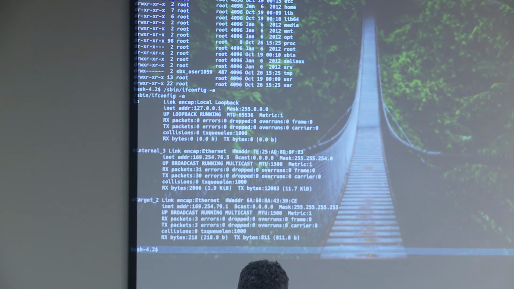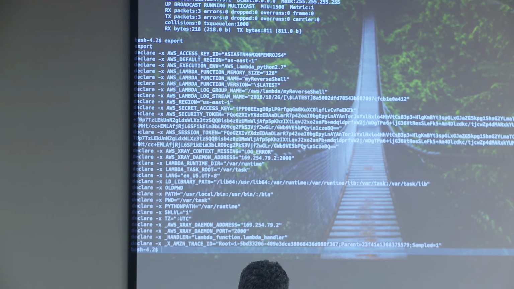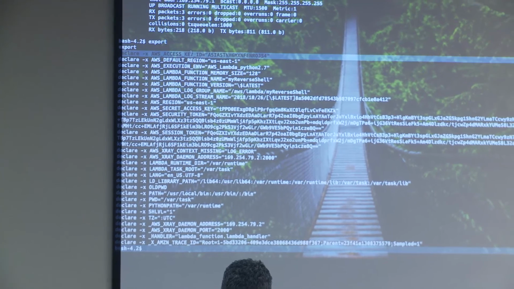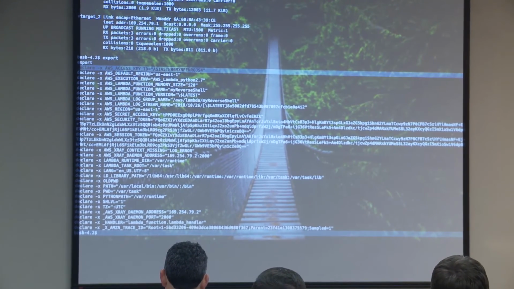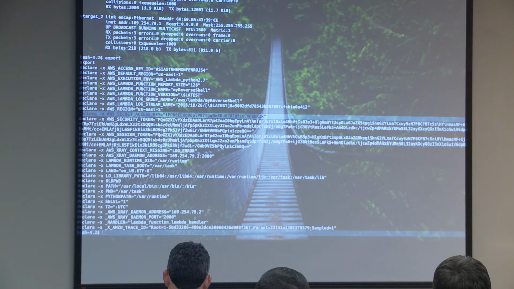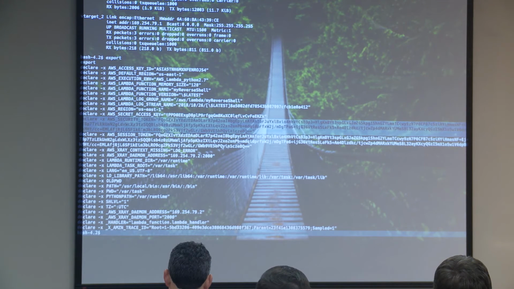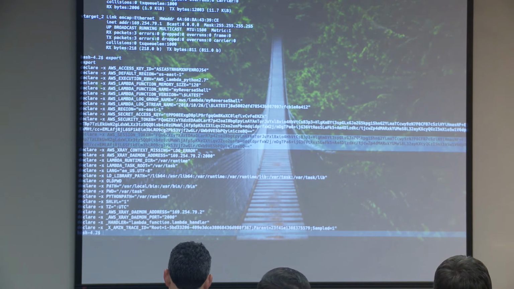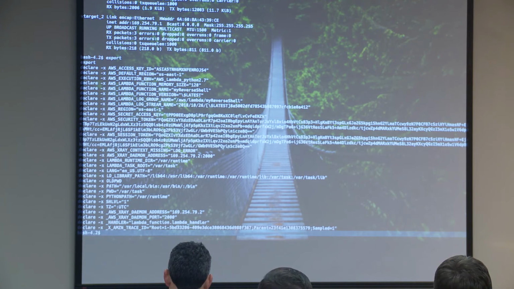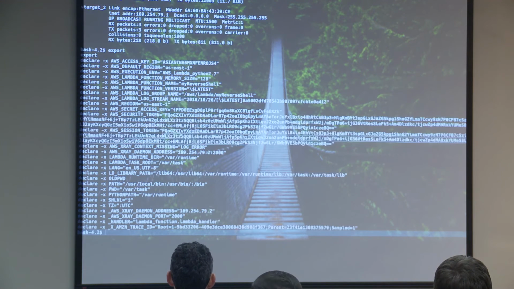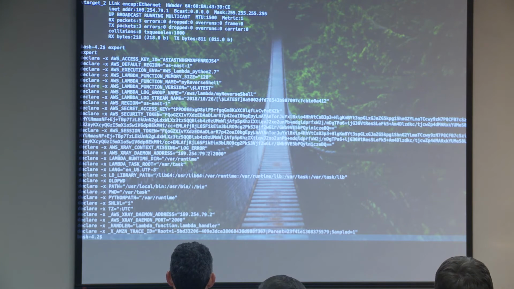So let's just quickly dump the environment variables. This is kind of what we saw earlier on those screenshots. You can see here that we've got the access key, the secret access key, the security token and the session token. Now, strangely, I noticed the security token and the session token are identical. I'm not sure why that is. Maybe AWS is intending on phasing out one or the other. But I just noticed that.